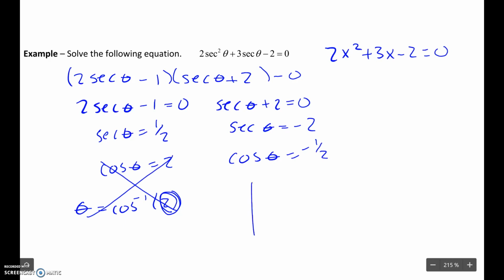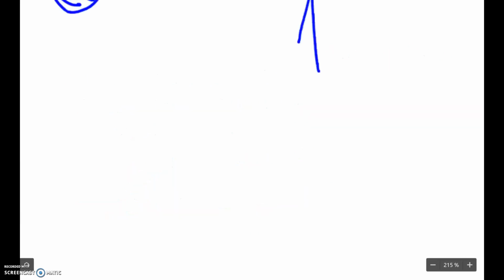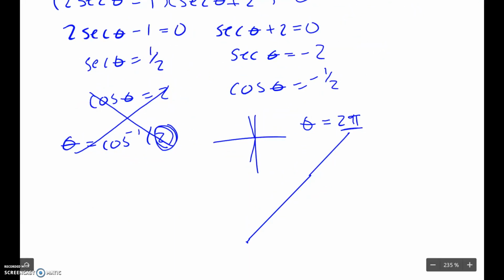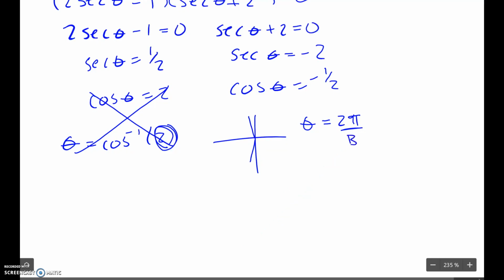When is your cosine negative 1/2? Well, it's negative 1/2 right here and right here. It doesn't tell me any sort of restrictions on the domain, so I'm going to say theta equals 2 pi over 3. Sorry about that, it just went crazy. Okay, so theta equals 2 pi over 3